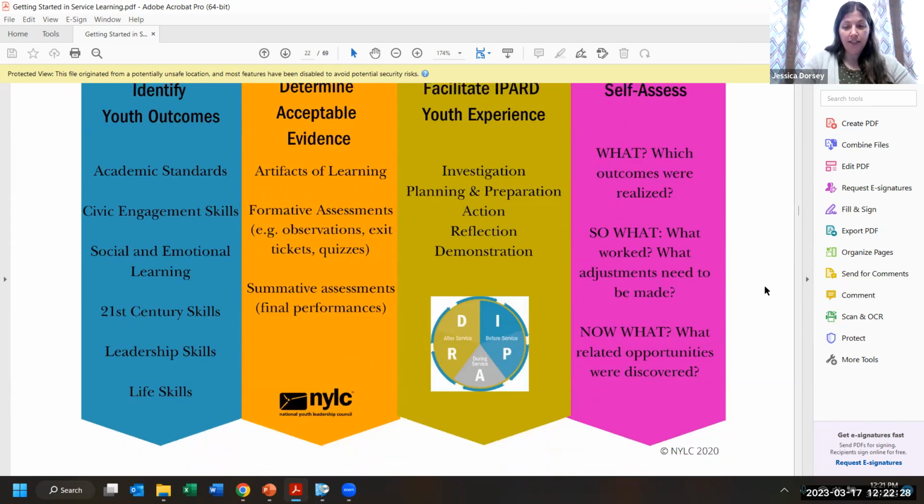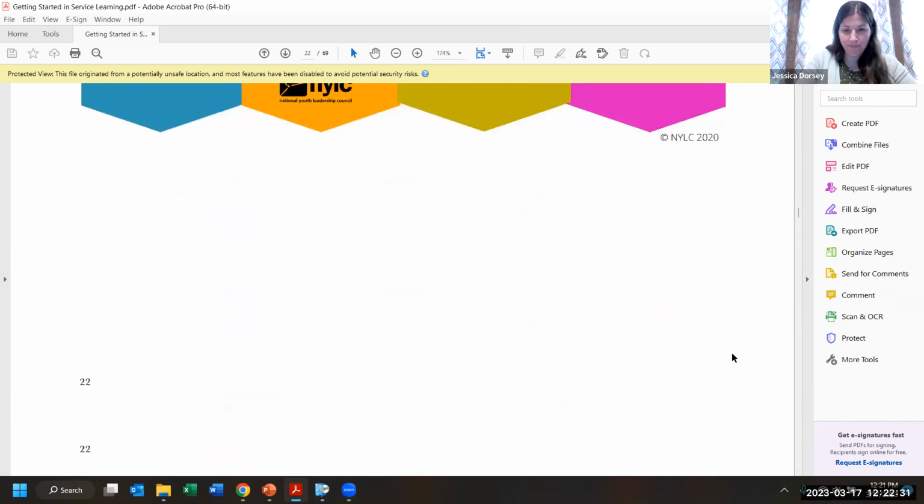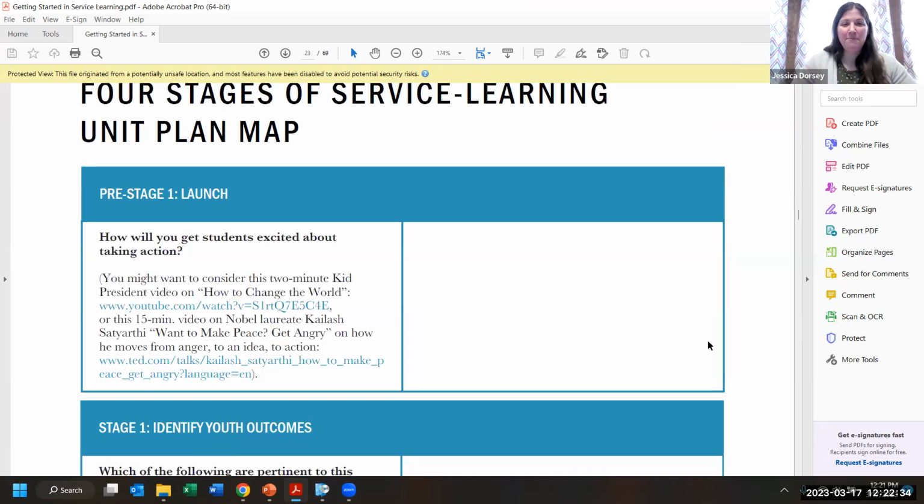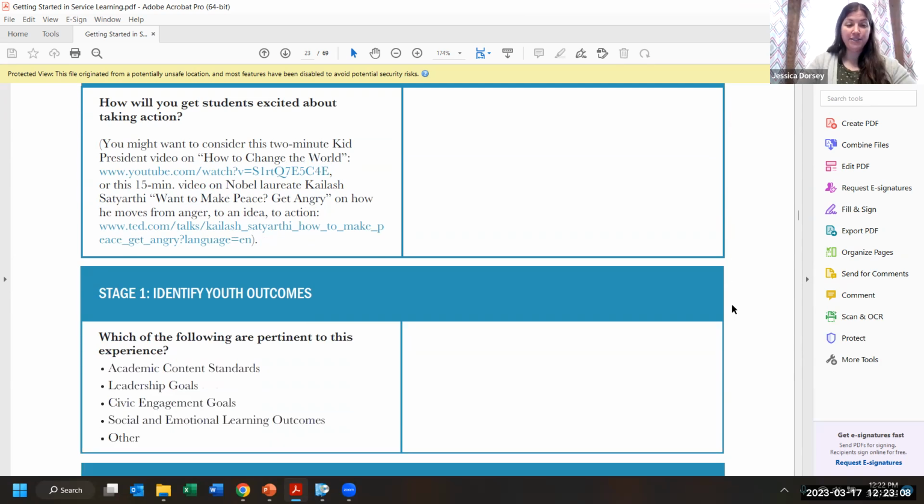So when we scroll on down in this document, I'm sorry if it makes you nauseous when I'm moving through it. They have here a map that educators can use to think through those 4 stages that we just talked about. And they included a little pre-stage here, which is about how you get students excited about doing this process. And they have offered you a couple of videos that might be exciting and build the hype around the project. But this really is a how-to guide that an educator could then use as you're thinking through all of these sorts of stages and questions,